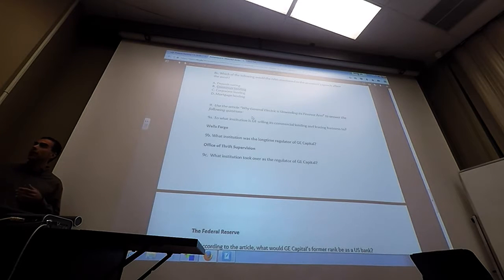So General Electric, in response to these regulations, decided they're going to get rid of this whole lending arm, which, based on how much lending GE was doing, was the seventh biggest bank in the US in terms of lending size, and they shut all that down just in the last couple of months. So it's a massive amount of lending, the seventh biggest bank, to just be shut down like this and sold off. The main chunk of their lending operations, they've sold to Wells Fargo. So Wells Fargo took over a lot of this.